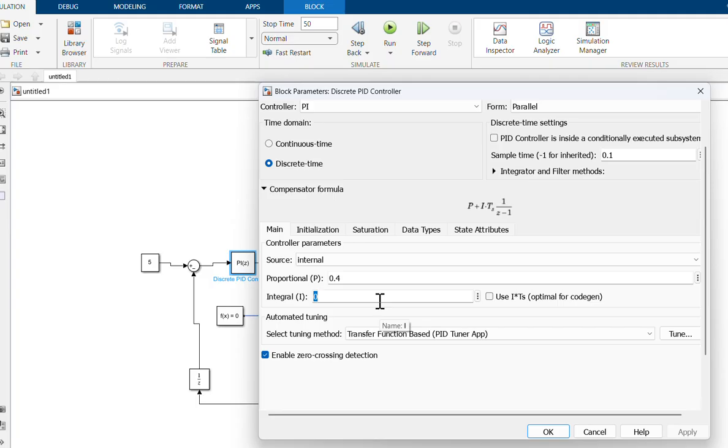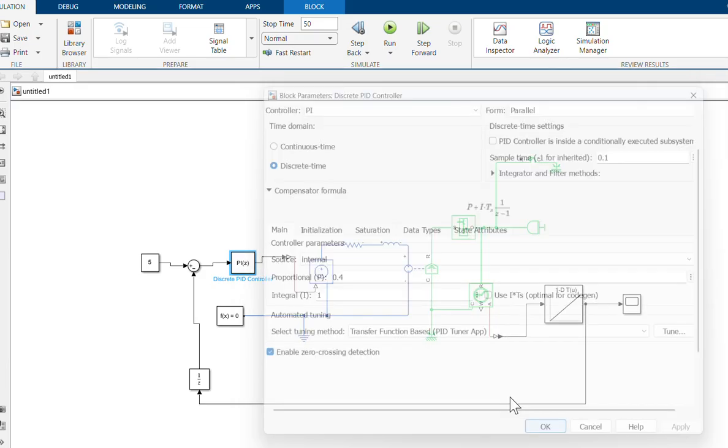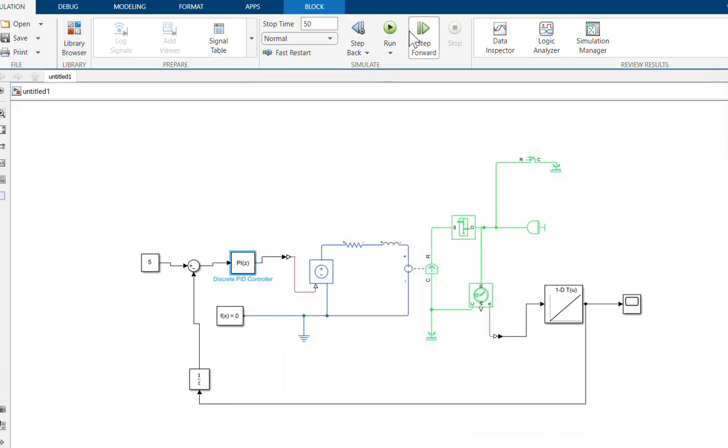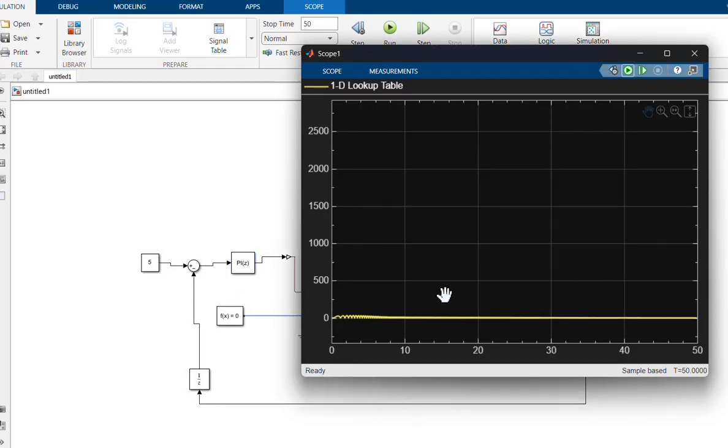It can be 2, it's so much, maybe 1. Okay, apply, look again, where the scope is here.